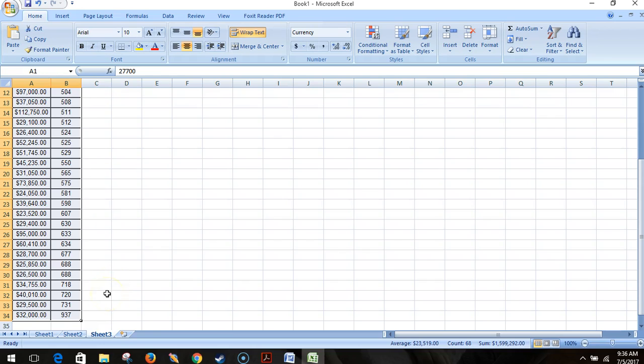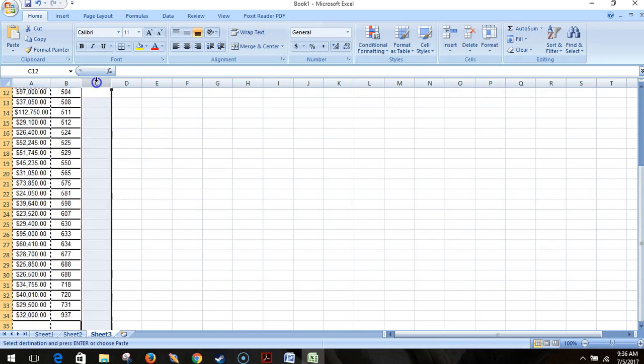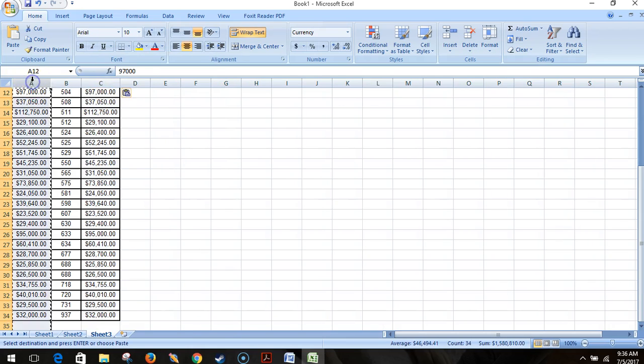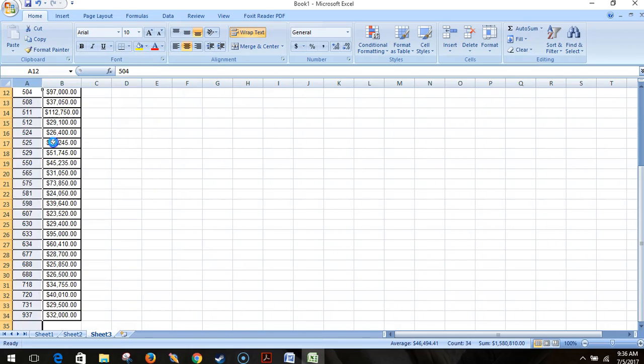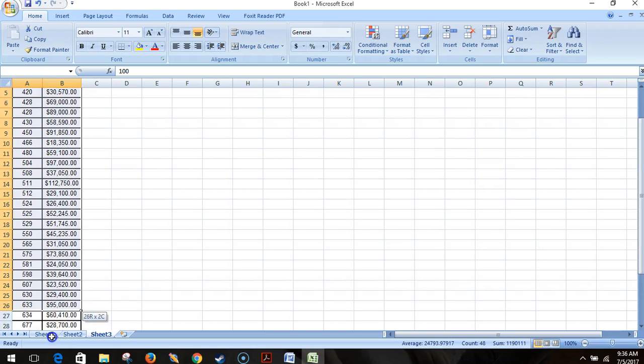Now, I have this a little bit backwards, so what I'm going to do is highlight A and hit Control C, and then over here, I'm going to paste it over there, and then I'm going to delete this. That's what I want. Okay, now for the big part. I want to make a scatter plot. I need to highlight all of this,